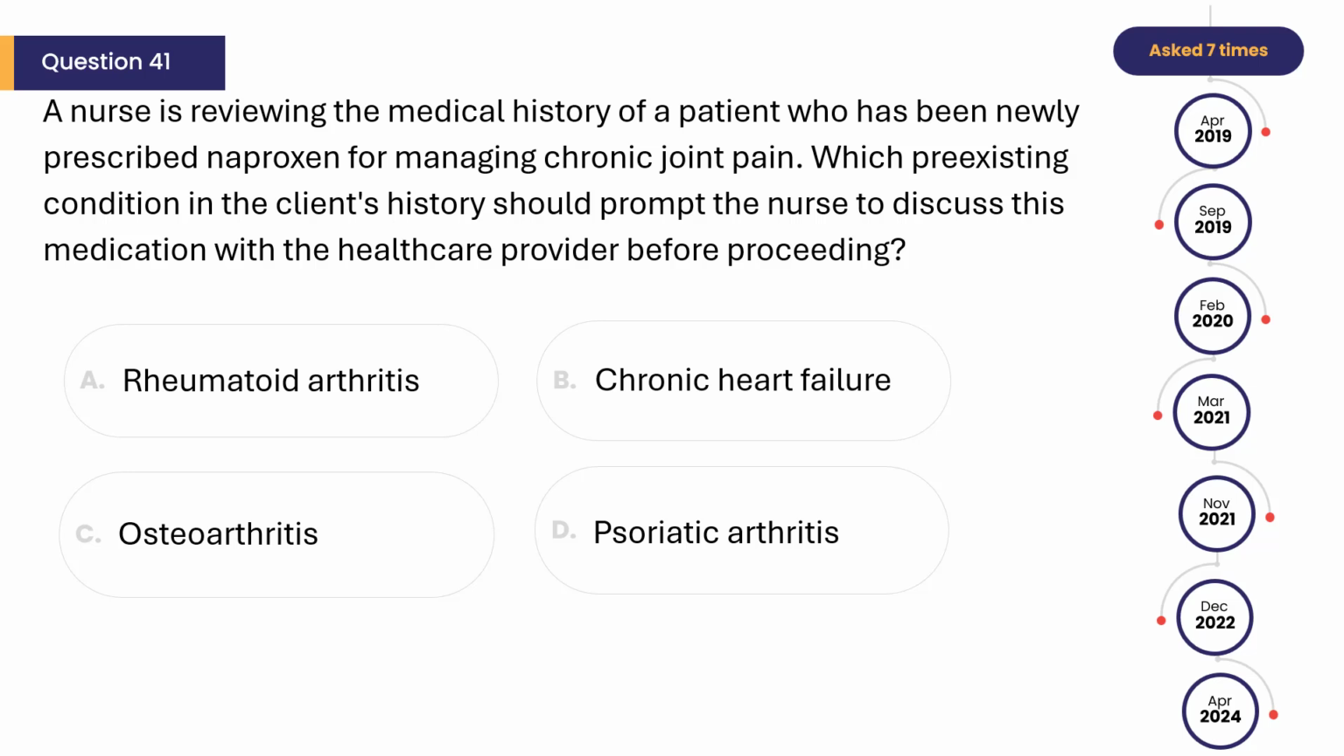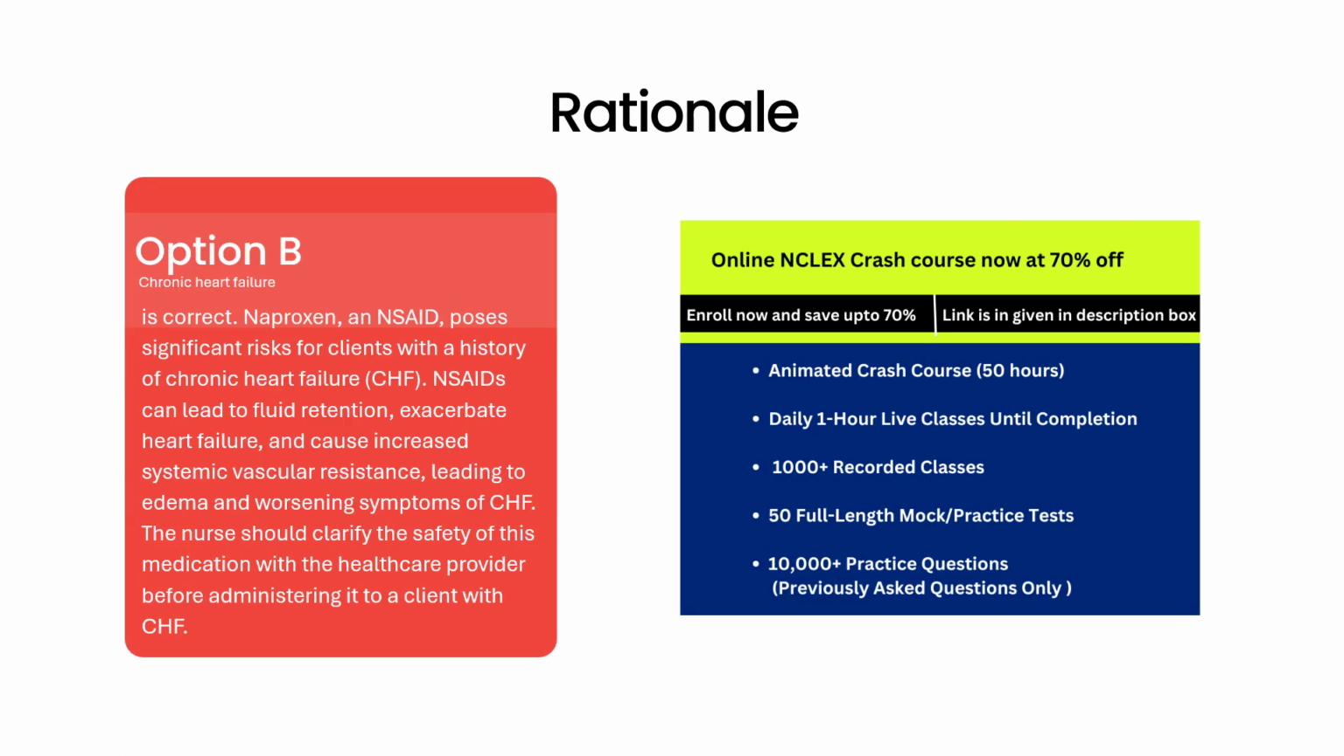Chronic heart failure. B is correct. Naproxen, a non-steroidal anti-inflammatory drug, NSAID, poses significant risks for clients with a history of chronic heart failure. Non-steroidal anti-inflammatory drugs can lead to fluid retention, exacerbate heart failure, and cause increased systemic vascular resistance, leading to edema and worsening symptoms of chronic heart failure. The nurse should clarify the safety of this medication with the healthcare provider before administering it to a client with